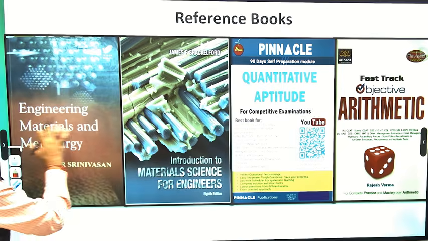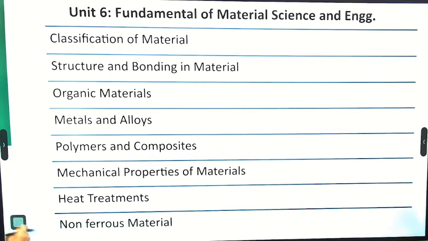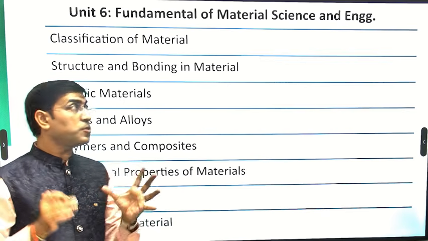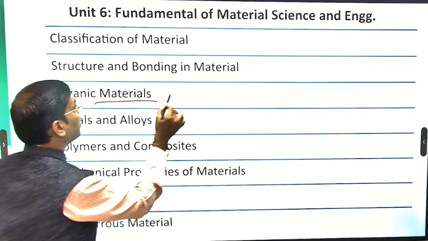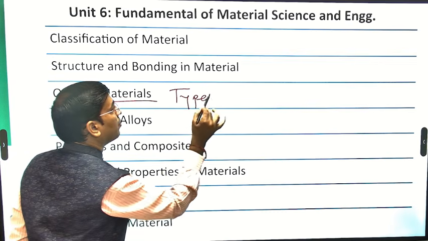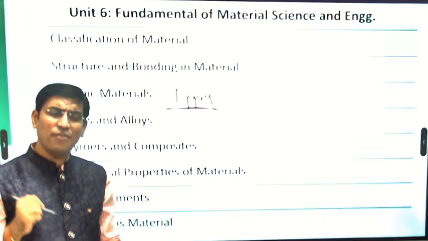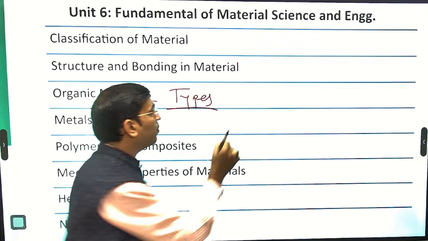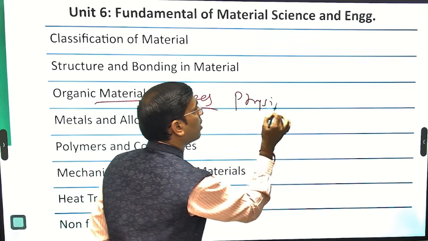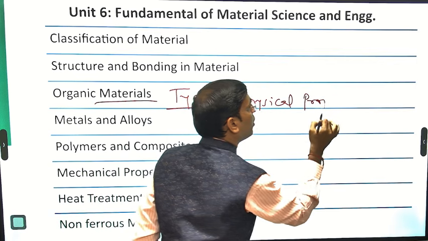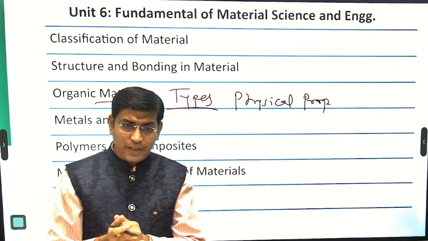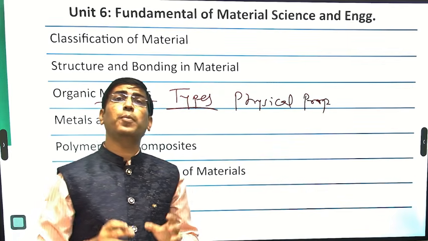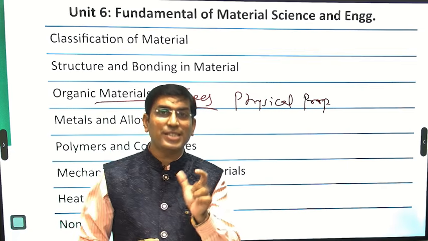So let's move on to the sixth topic. The sixth topic deals with material science and engineering, specifically the different types of material. For a simple sense, if we try to correlate the material structure, with the help of physical properties we are able to segregate the materials. It could be noble material. When we're talking about noble material, it could be specifically gold, silver.